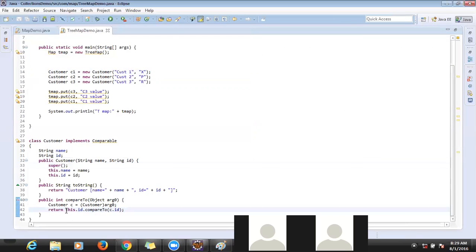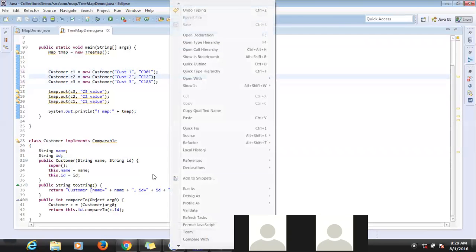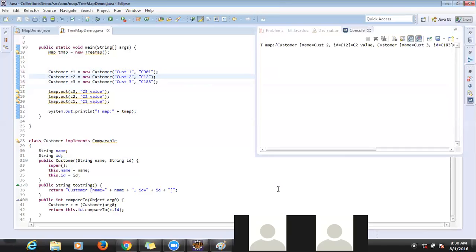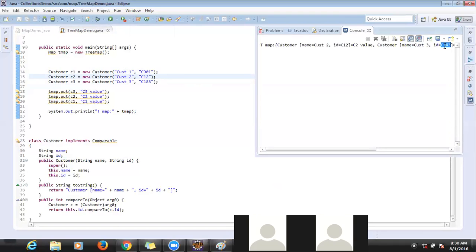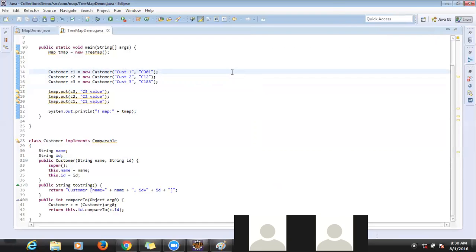So what if we give it, earlier we had it C101. Yeah, that also it will sort. It's no issue. Let me sort it. So now it is C103, right? Let me make this one 900. Let me make this one 800. Let me give it as 12. Now let me see how it will work out. Now C12. After that 183. After that 901. Got it. Okay, now it's working. Okay, now it is fine, right?